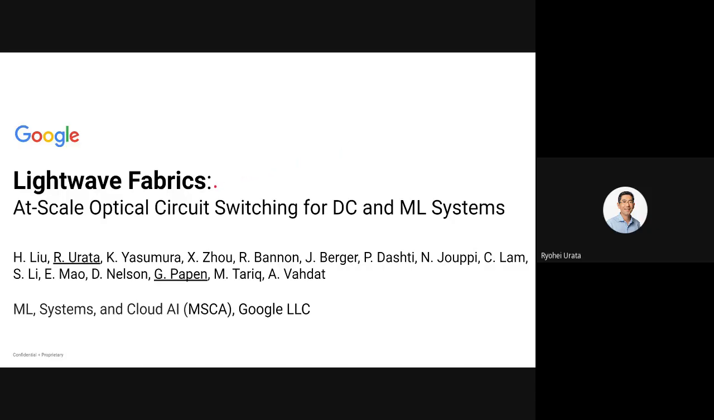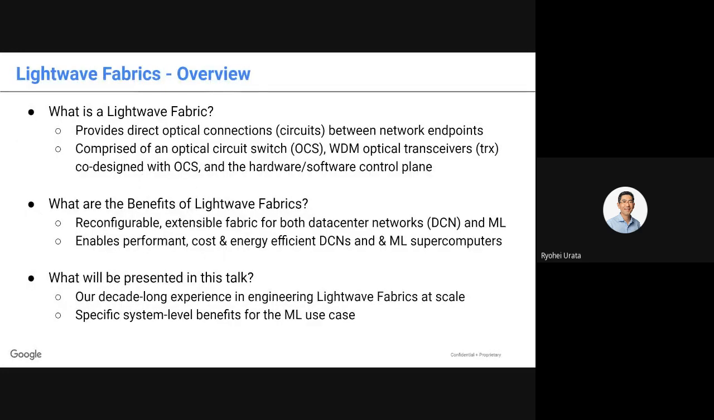As you can see from the title, the keyword for the presentation is Lightwave fabrics. So, a quick overview. Lightwave fabrics are fabrics that provide direct optical connections or circuits between network endpoints. The key components are an optical circuit switch, WDM optical transceivers that are co-designed with the OCS, and the corresponding control plane. The benefits of a Lightwave fabric are they're reconfigurable and can be used both for the data center